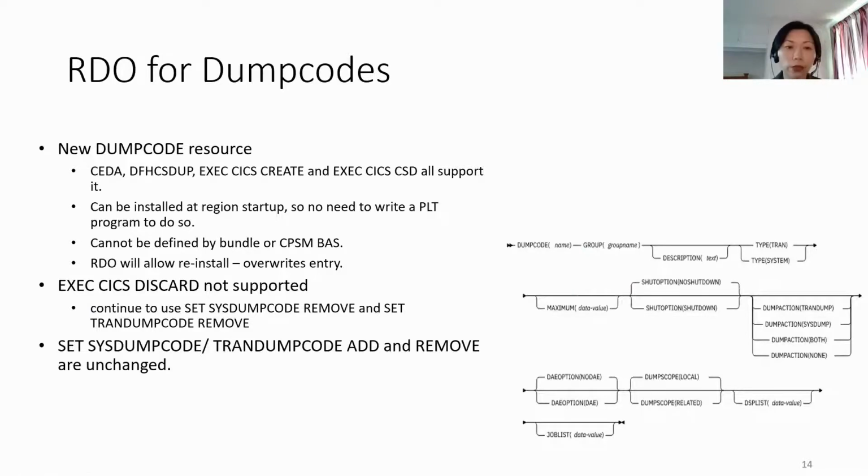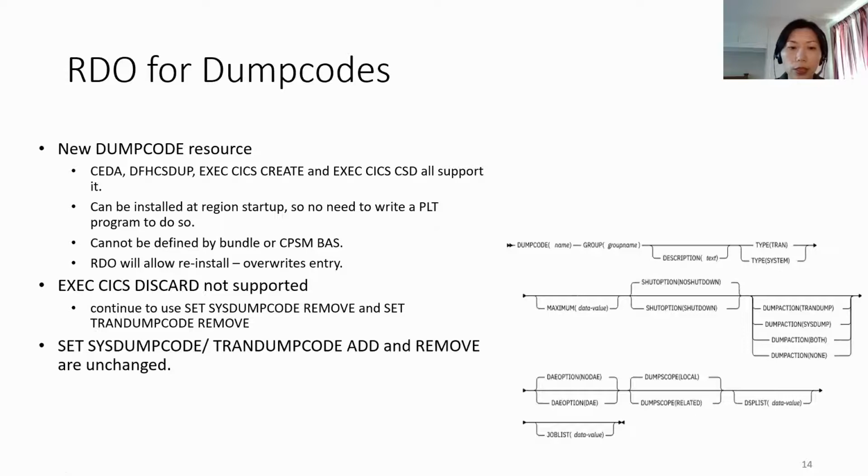For the next couple of charts, I'm going to go through some dump code enhancements. Before CICS version 5.4, dump codes were not RDO defined. You can use SET DUMPCODE to add or remove them in that way, but it's not a resource in CICS. So we have enhanced that. Now you can define a dump code resource. It's supported through the CEDA transaction, DFHCSDUP, or EXEC CICS CREATE and EXEC CICS CSD to create a dump